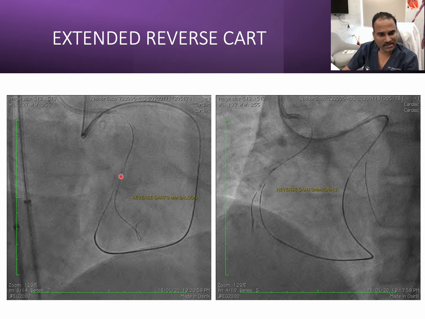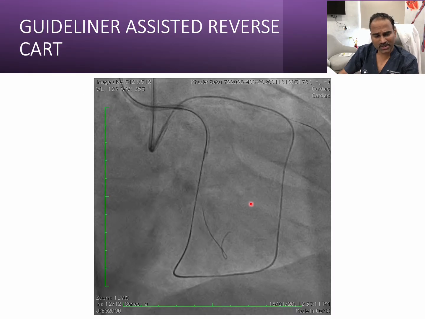So this might lead to losing this side branch after PCI. As this branch was small, we were not really concerned. So that's the reason we opted for extended reverse CART. So with extended reverse CART, Gaia 2 entered into the proximal true lumen, and then we have sent